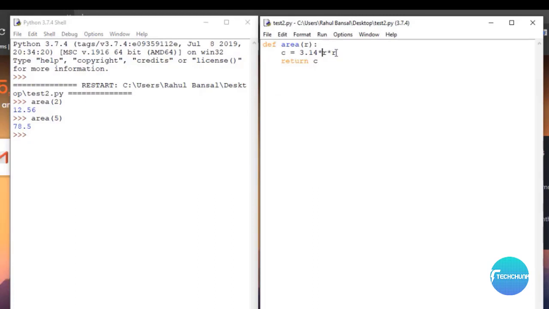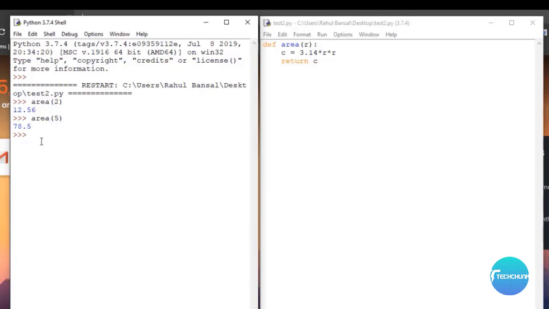This gets executed, and then the variable c is returned. So what does this return do here? This return is actually returning a value at the point from where we have called that function.